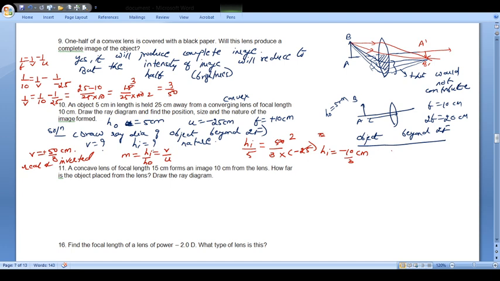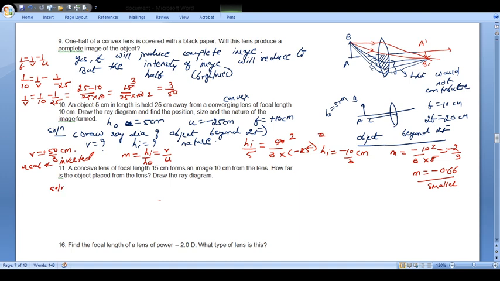If suppose you had to find m, what would m be? m is equal to minus 10 upon 3 into 5. So 5 ones are 5, 2. So minus 2 upon 3. So magnification you would have got as minus 0.66. So you will find that it is real, it is inverted and smaller. See what HI you got, HI basically is less than, it is 3.33 something. So it is less than HO. So this is what you can see.